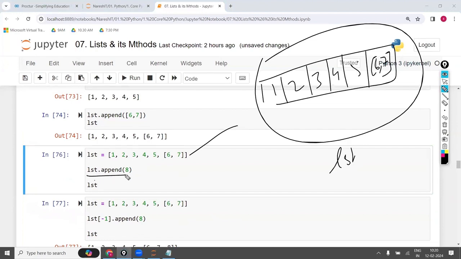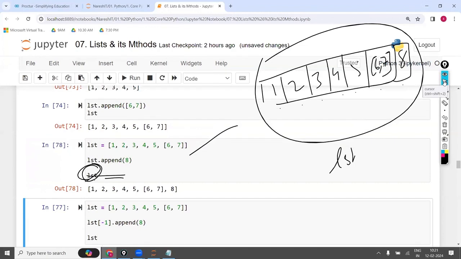Next it will come to the second line. First it is going to collect what is LST. LST means this is the LST. For LST, it is going to apply the append function. Since LST is a list data type, append function is applicable. Since applicable, it is going to add the 8 like this. So now what is the output I am going to get? 1, 2, 3, 4, 5, list of 6, 7, 8. Now total how many items will be there? 1, 2, 3, 4, 5, 6, 7. Total 7 items will be there. Okay. And you are going to get the output like this.